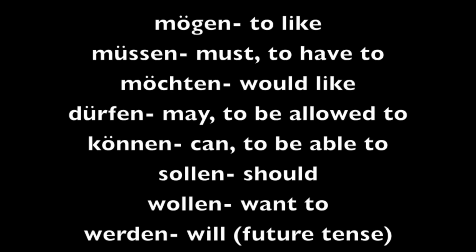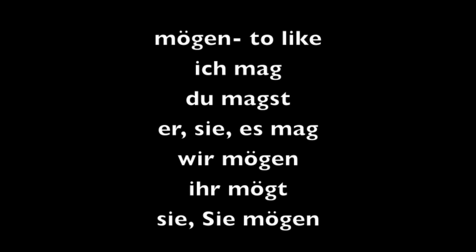Okay, today I'm going to give you a rundown of pretty much all of the grammar topics that you need to know for Chapter 6 in my German classes. So, we're going to start with the modal auxiliaries. There are 8 of them that you're going to be tested over. Technically, there's actually only 6 of them, but one of them is a form of another one, and werden doesn't really count. But the list is mögen, which means to like, such as gern haben, pretty much the same thing.